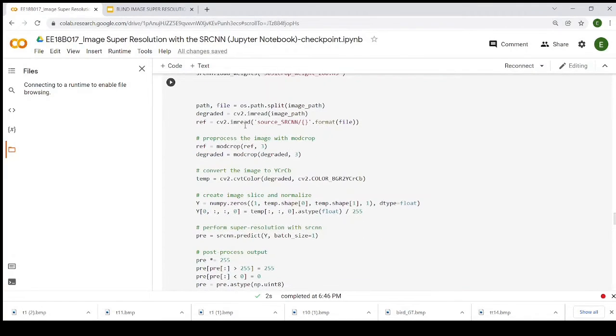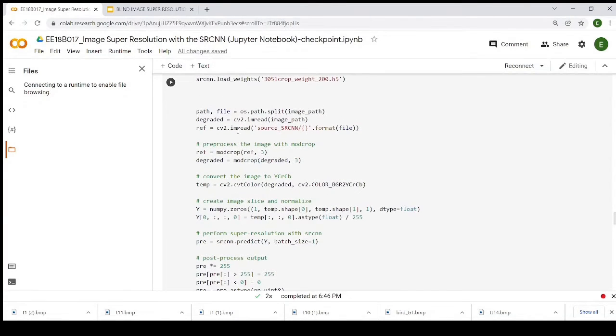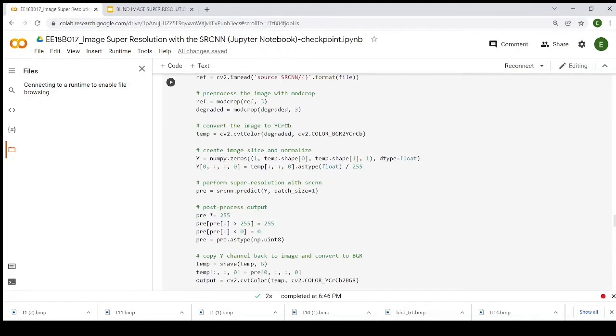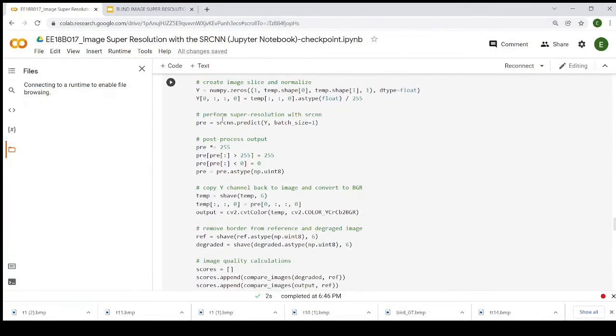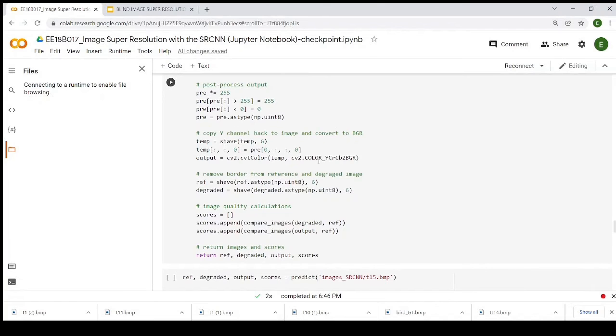Using the computer vision library, I read the source image and the degraded image. Then I pre-processed the image with mod drop, converted it to the YCrCb color space as I said before, normalized the image, and performed the super resolution with SRCNN, and then post-processing.